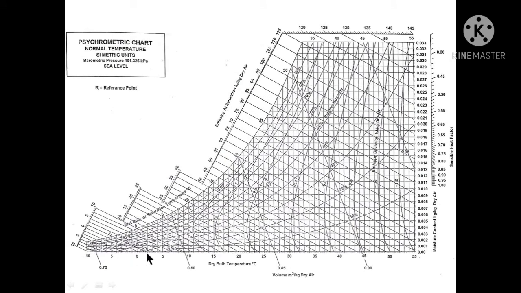This is a psychrometric chart which you are going to see. The bottom line shows the dry bulb temperature, the vertical line shows the specific humidity, and these are the enthalpy lines, the constant specific enthalpy lines. The saturation curve measures the wet bulb temperatures. There are equispaced inclined lines, known as constant specific volume lines, and there are curved lines which represent the relative humidity. At the top corner there is a scale known as the sensible heat factor scale, which we are going to see in the next video.